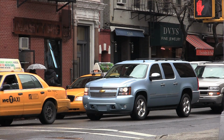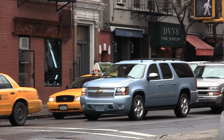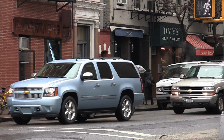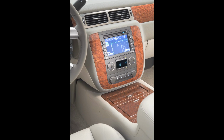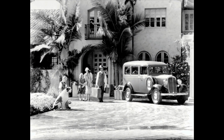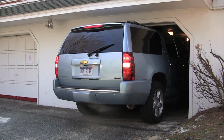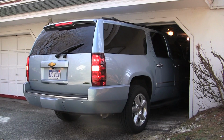If you give it some gas and drive into this millennium, the Suburban is a big, luxurious, and capable vehicle. It also whispers of understated elegance and people who always know which fork to use. We sell a lot of these vehicles in Fairfield County, Connecticut, where there's a lot of old money. It's based upon those people's needs. They may have a BMW or Mercedes, but when they need to haul something or haul people, they jump in